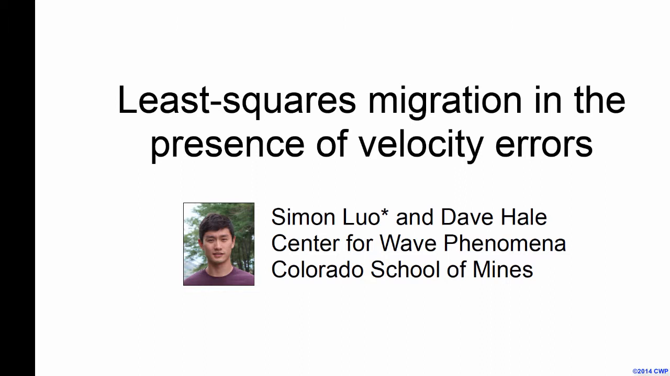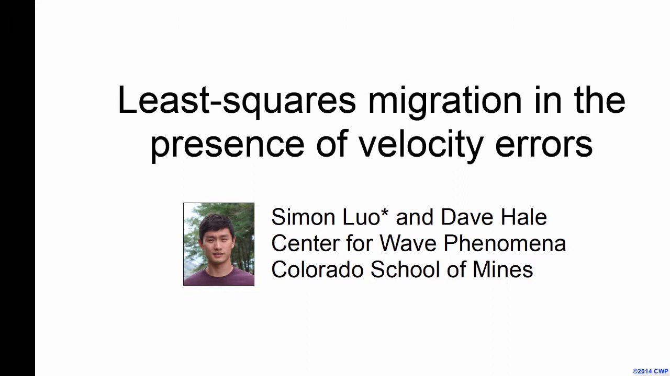So, one problem that I think all of us are familiar with is that to correctly migrate seismic data, we require an accurate velocity model. Accurate in this context means that the travel times that we predict match those of the observed data. And what we find is that when we have an inaccurate velocity model, the images that we compute are defocused